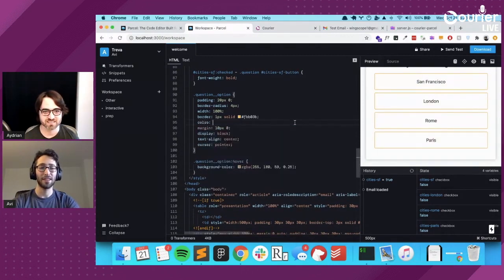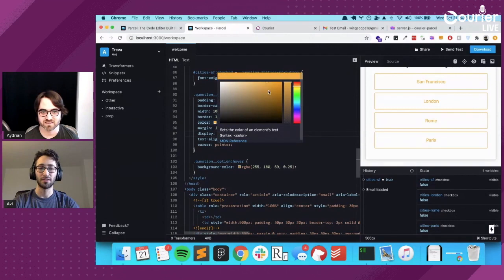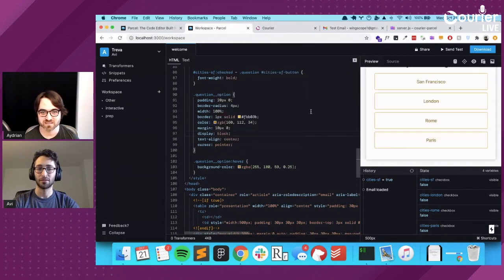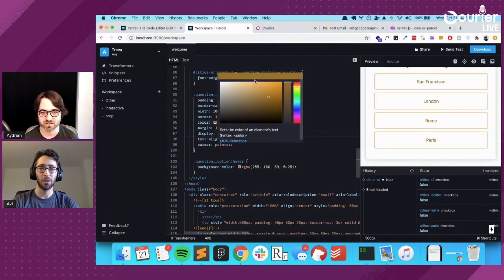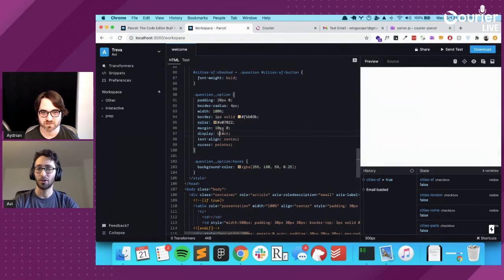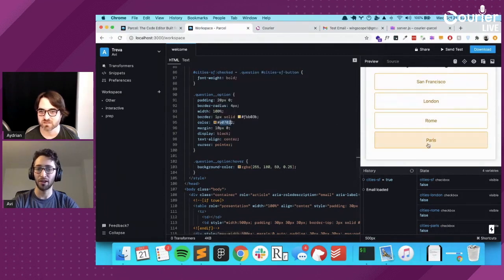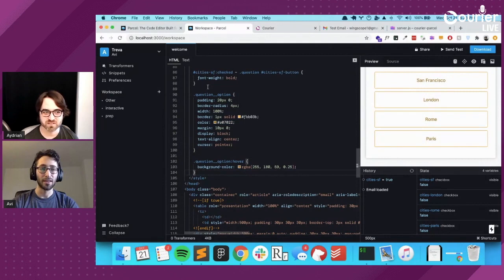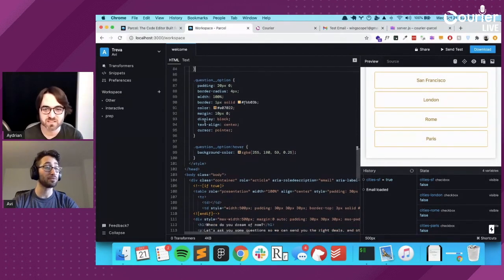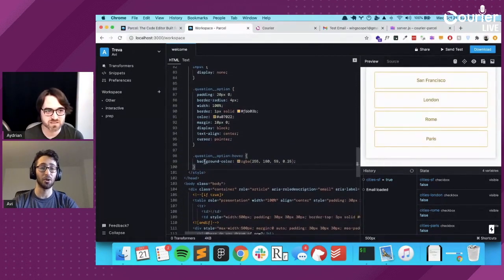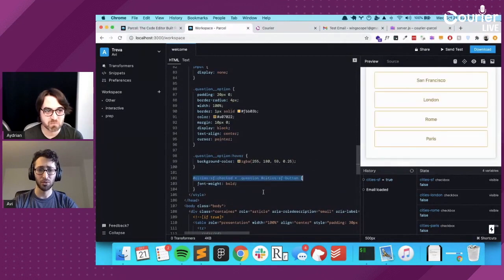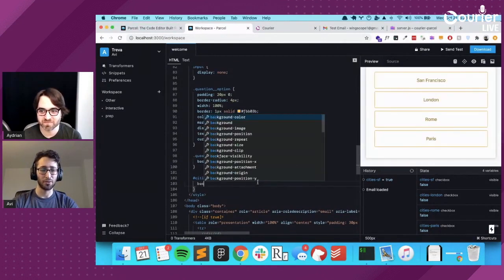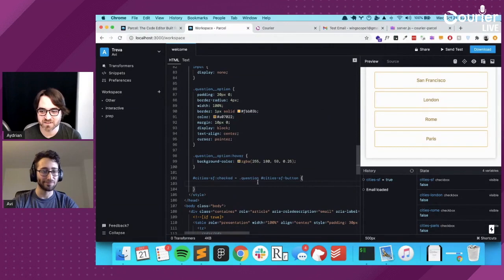Then we'll just give this a nice color. Do the same thing, darken it a bit. And this one I want as a hex, so cool. We've got that as a hex value. Now we've got our options. The last thing is we've got to make it so it's styled when someone selects it, right? So here we're going to give it just that,